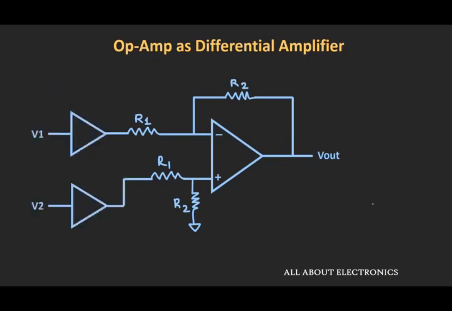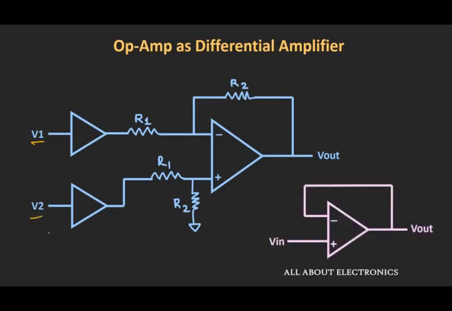So one way we can avoid this is by using buffers before the input voltages. So as you can see here, before applying this voltage V1, suppose if we use the buffer, then the input impedance of this buffer is very high, and in this way we can avoid the loading of these source voltages. But in most of the practical cases where you are dealing with very small input voltages coming from the sensors, in such cases instead of this differential amplifier, the instrumentation amplifier is used, and we will talk more about this instrumentation amplifier in a separate video.